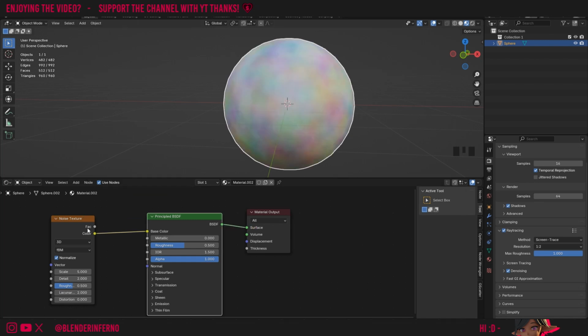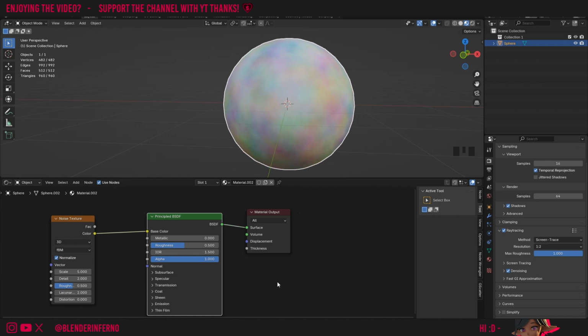Now we can see that our noise texture's color is being shown on our object, but you'll notice it is different from when we just plug the color straight into the surface. It almost has a shaded effect to it, hence why these nodes here with the green banner on top are called shaders. Because essentially what they're doing is they're taking this information being put into the shader. In this example, it's our noise texture's color, and then it's applying lighting calculations to it in order to give